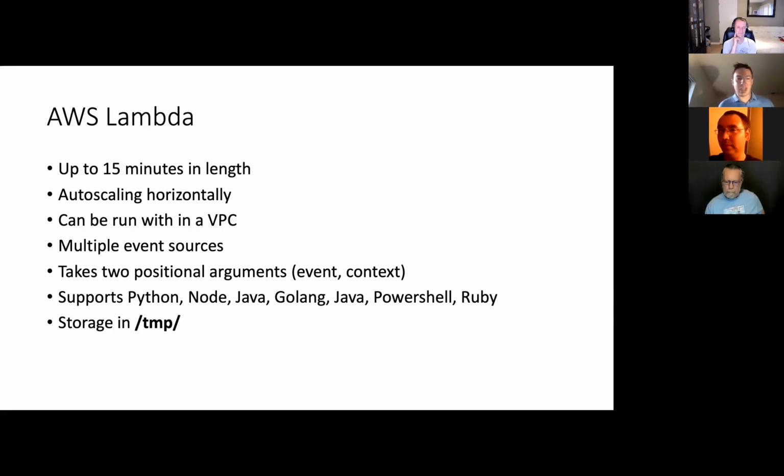It supports a variety of languages, but because this is a Python meetup, I'm mostly just going to focus on Python. And there's also storage, and this actually doesn't clear out all the time. You have to clear it out yourself, but you can put files into the Lambda function. So if you have a flat file or an image file and you want to grab it from S3 or some other storage, you can put it into your Lambda function and hold on to it, perform some analysis, transform it before moving it out.